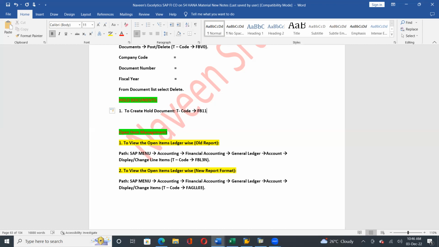They will enter all the details. Instead of posting, they will hold the document temporarily. They will input all the details, but they will wait for the further documentation to complete the process. Once the complete document is received, whatever missing documents are there, if that is received, then it will proceed